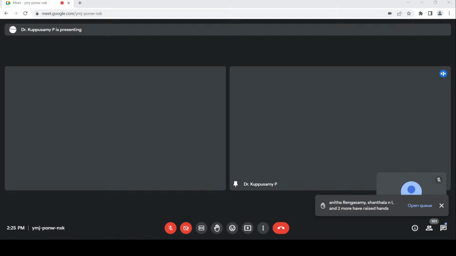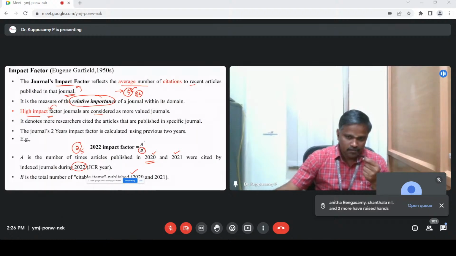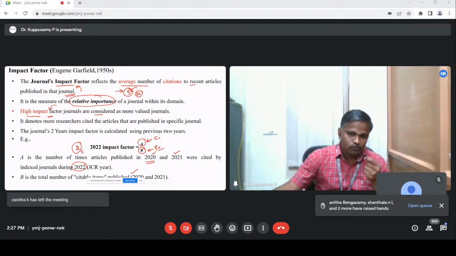That means previous 2 years. They're considering only the previous 2 years, and here the number of articles published in the same years. So the B is the number of articles published by that specific journal, then the number of citations of those published articles. This is related to the citations, this is related to the published articles. So number of citations divided by number of articles published by that specific journal in previous 2 years will give